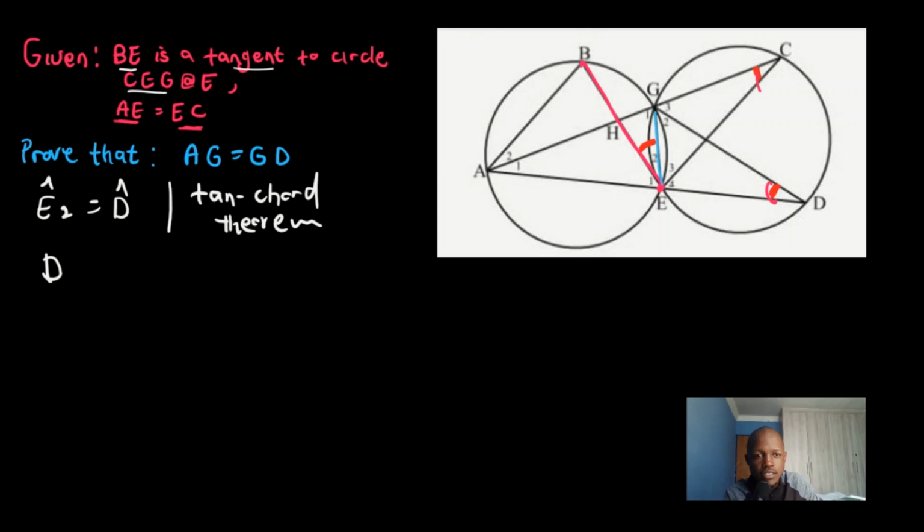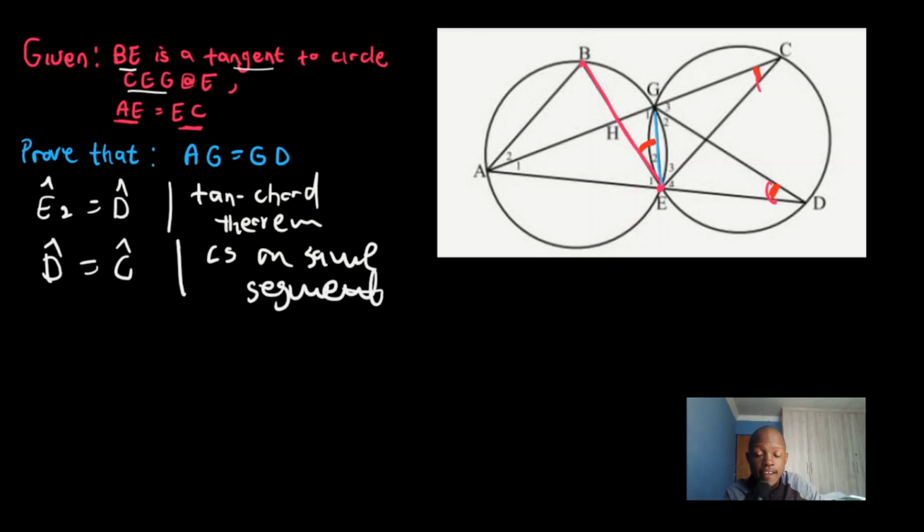So I'm just going to write that down. Angle D is equal to angle C. Reason is angles on the same segment, right? And then the same angle C, right? If you take a look,